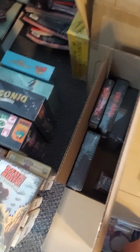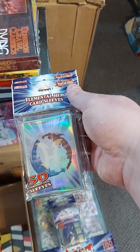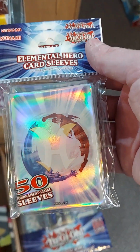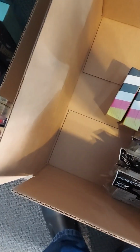Holds over 70 sleeved cards, because, well, it's the same size as the Magic ones, and they hold a 60 card deck and a 15 card sideboard for Magic. And then Elemental Hero card sleeves, and these are the Yu-Gi-Oh! size, so a small Japanese, not the standard size. There you have it. Speaking of card sleeves, I also managed to track down these cool sleeves